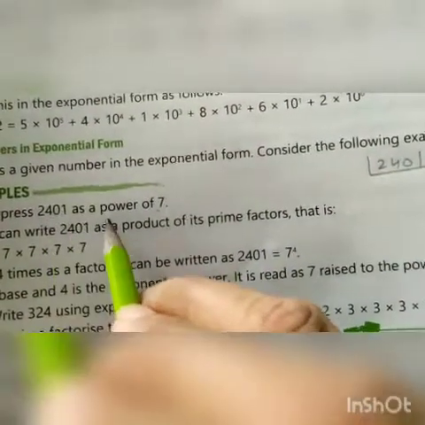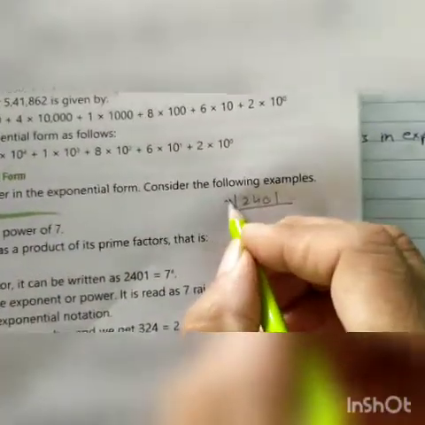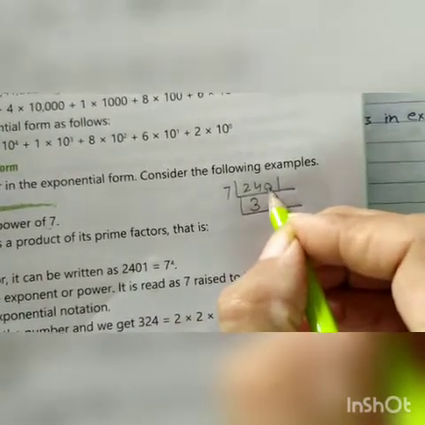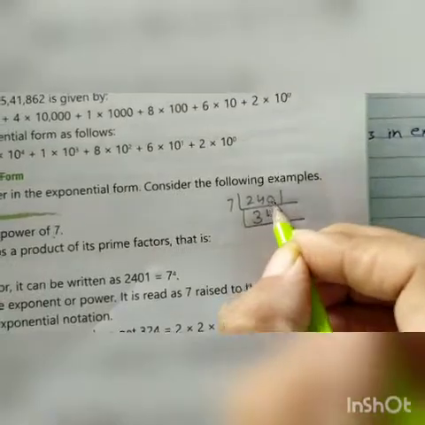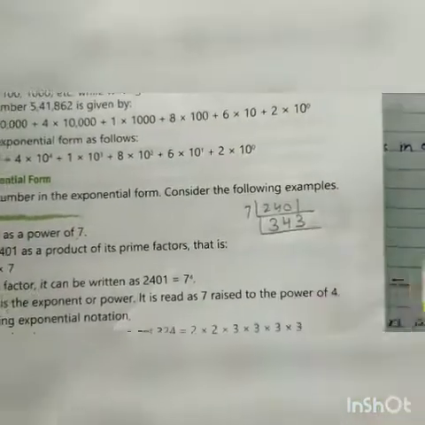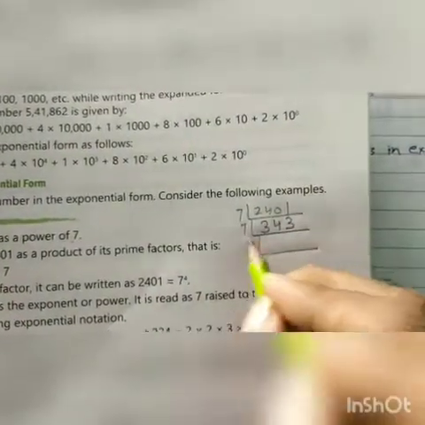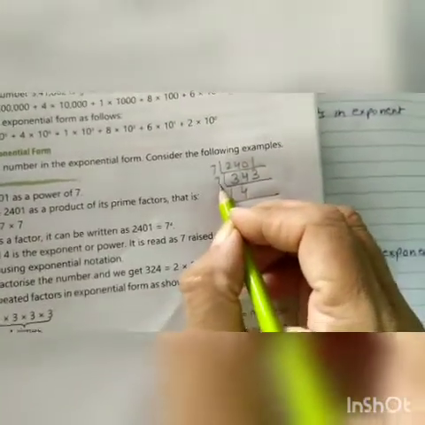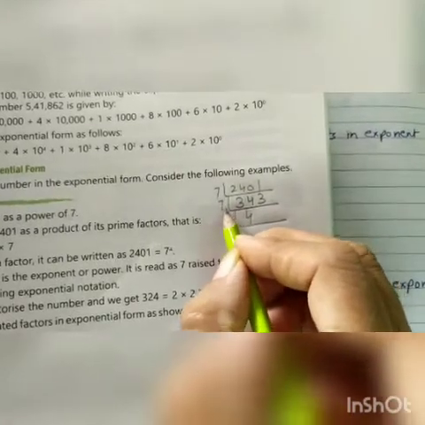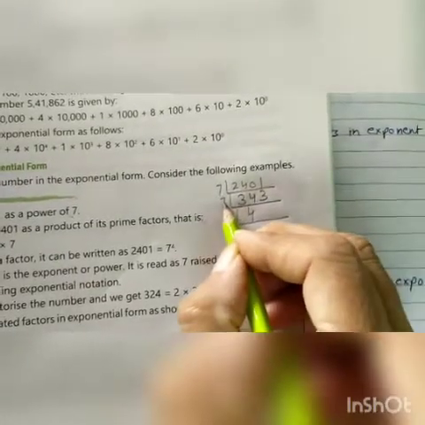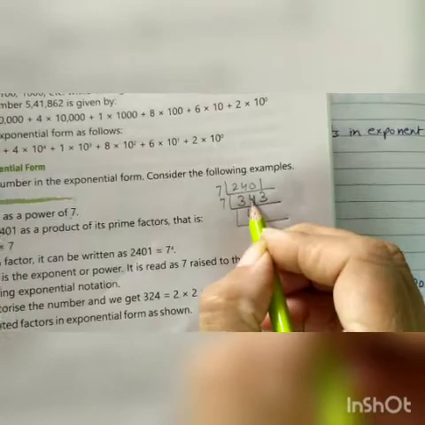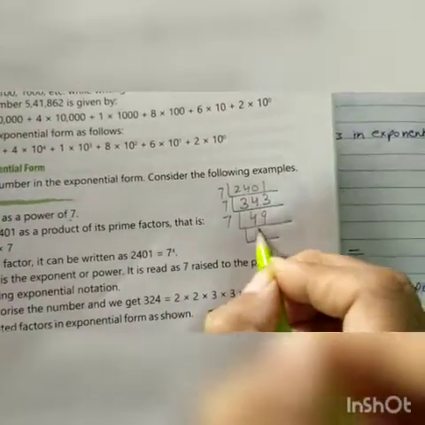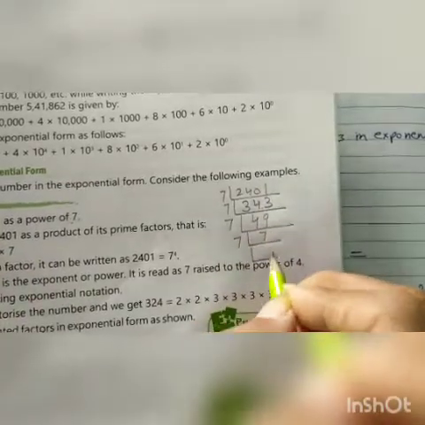We have to write this number as a power of 7, so we will start by 7. 7 threes are 21, remainder 3. Then by 7: 7 fours are 28. 3 is smaller than 7, so we cannot read the table; we will read the table for 34. 7 fours are 28, remainder 6. Then 63, 7 nines are 63. Then by 7 again, 7 sevens are 49. Then 7 ones are 7.